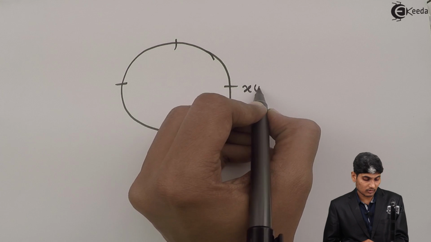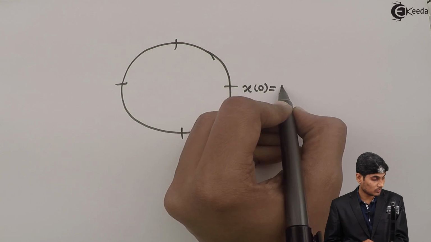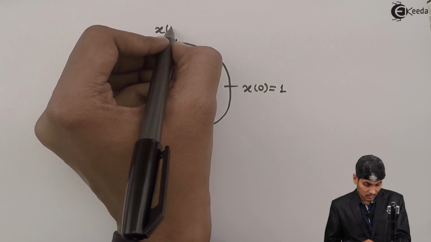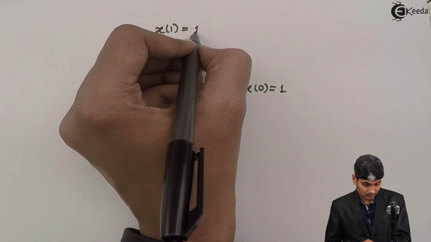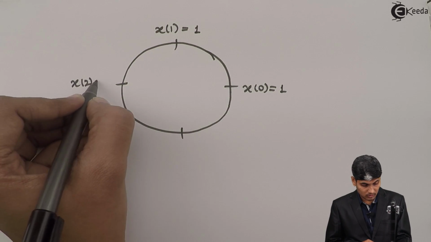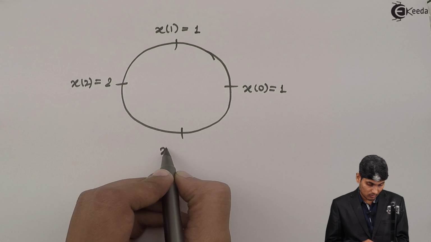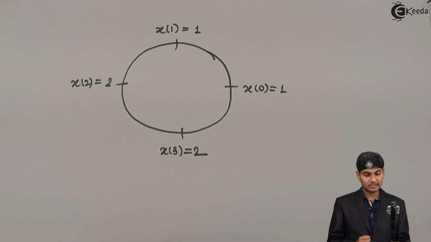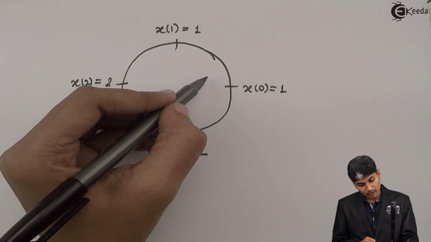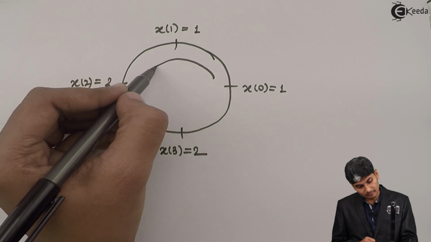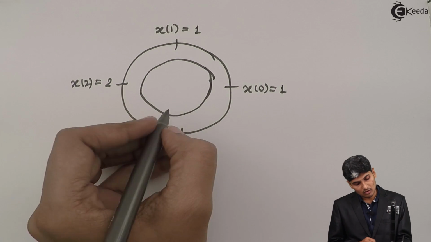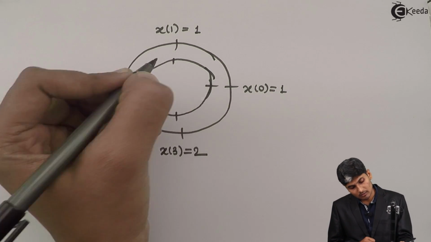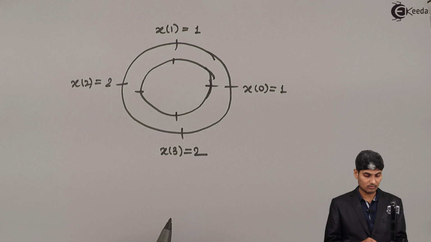So I will write here x of 0 equals 1, x of 1 equals 1, x of 2 equals 2 and x of 3 equals 2. And to check the overlap properly, I will draw another circle inside,